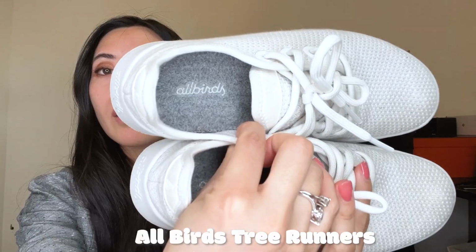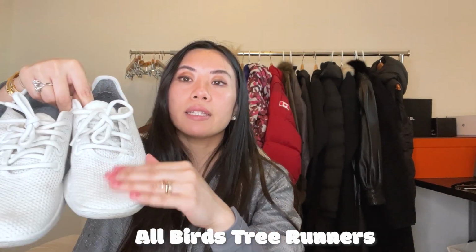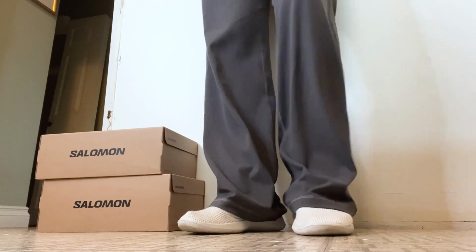The last pair of shoes that I've gotten recently are called Allbirds. I actually wasn't super familiar with this brand. Allbirds right here, but one thing that's super cool about these is that the top is made from tree fibers, and the best part about this is that it's machine washable. And yes, I got white, and I did actually buy this in Europe and Paris on my last trip, and